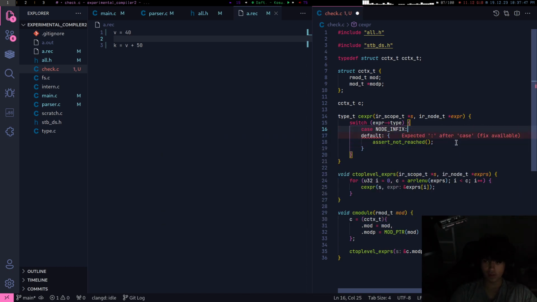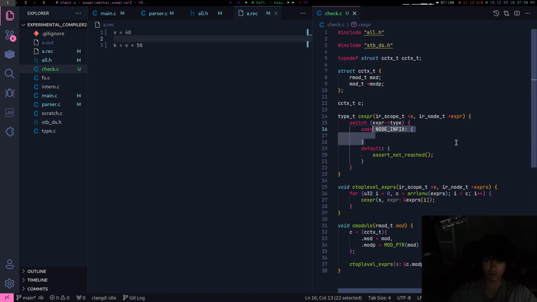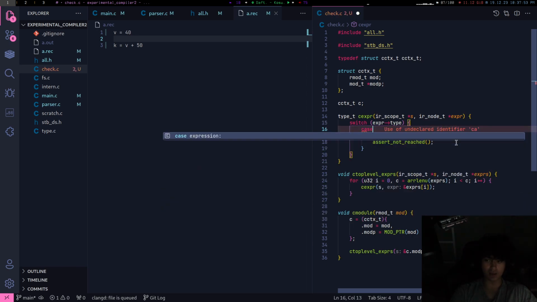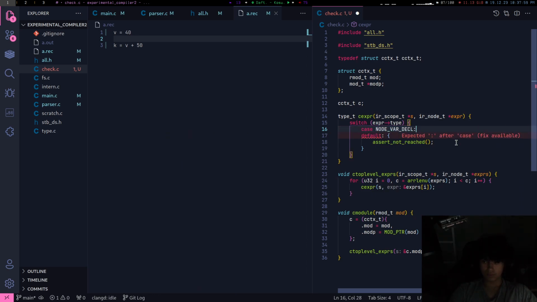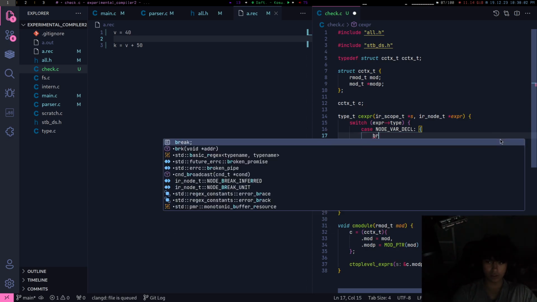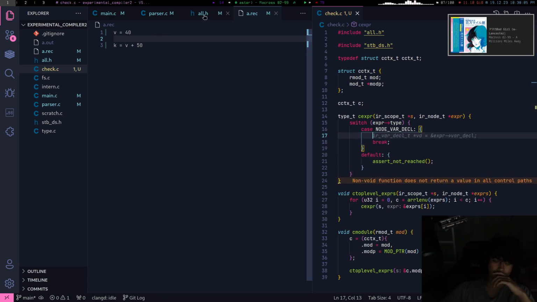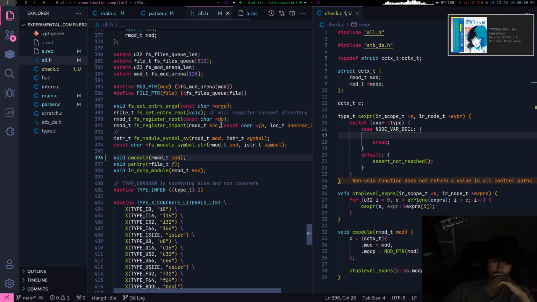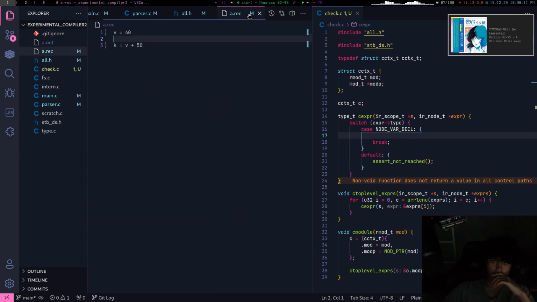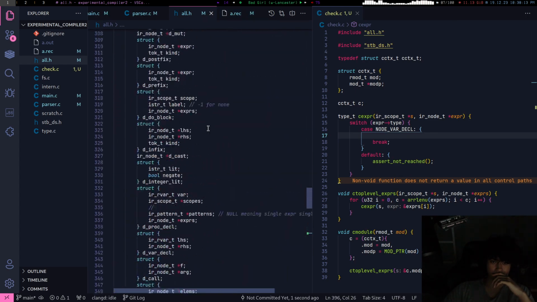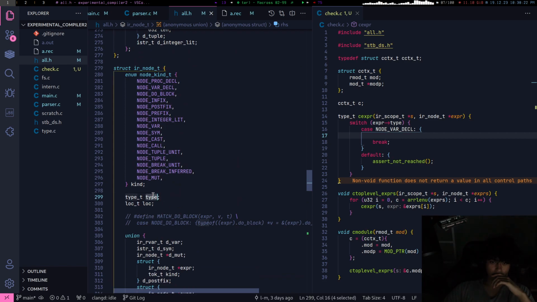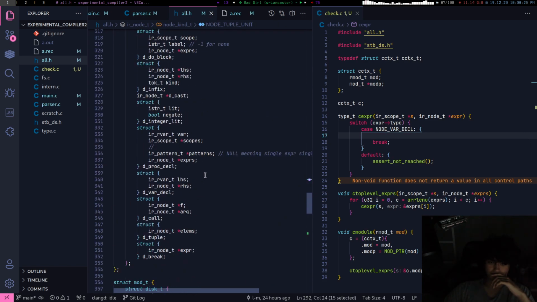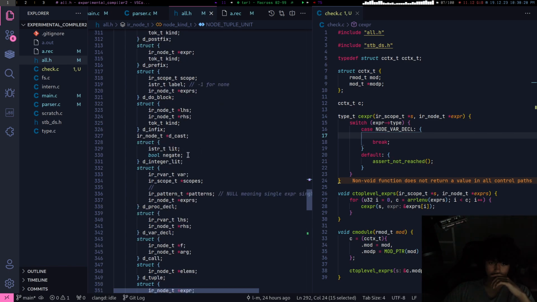Case node infix, because this is an infix expression. Actually, the first one we'll get is a var decl. But how do I parse that? Var decl always evaluates to, let me see. Yeah, so it's a left-hand side, which is a variable, and a right-hand side, which is an expression. It always evaluates to unit tuple, which is void.